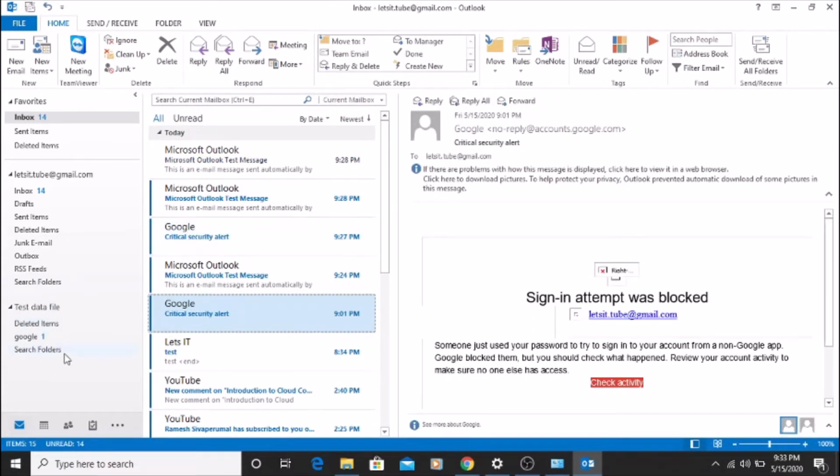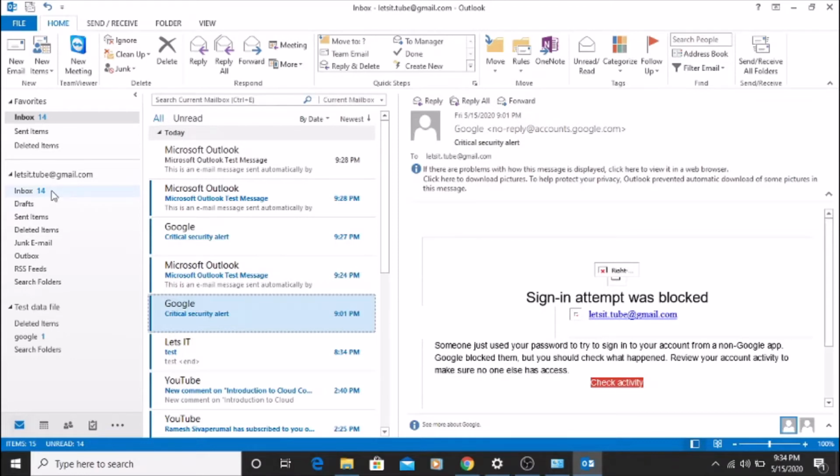Also, you can set archiving rules for your inbox. When I say archiving rules, what happens is you want your mails to be on the mail server for 14 days or something, and after that you move them to your PST file. In the previous video I told you how to delete the mail from the server after 14 days. So this is not the same scenario.